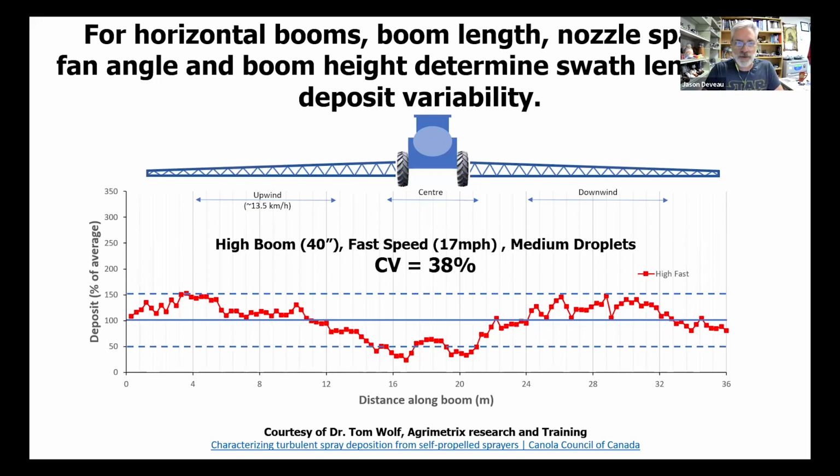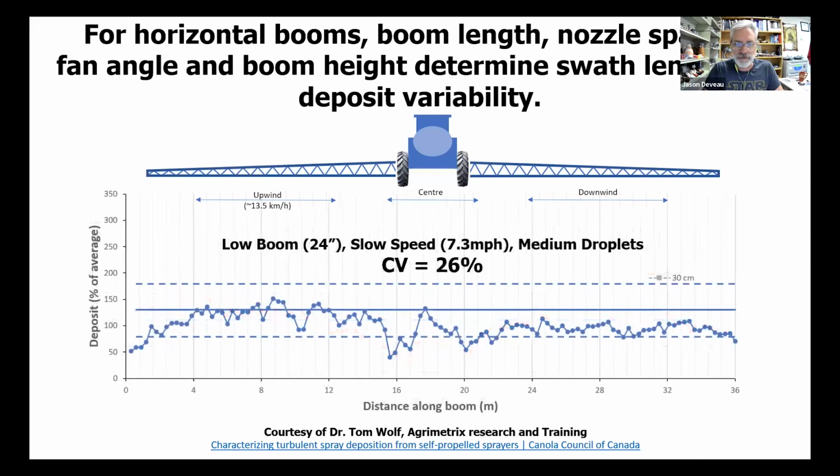So they adjusted the sprayer, and they did what we've all told you to do for years: go low and slow. So here's a lower boom, slower speed, again, medium droplets. Unfortunately, not a huge improvement, some improvement, but still pretty variegated as a result of the sprayer itself, swimming like a fish through water. So what this tells us is, even though low and slow is the way to go,